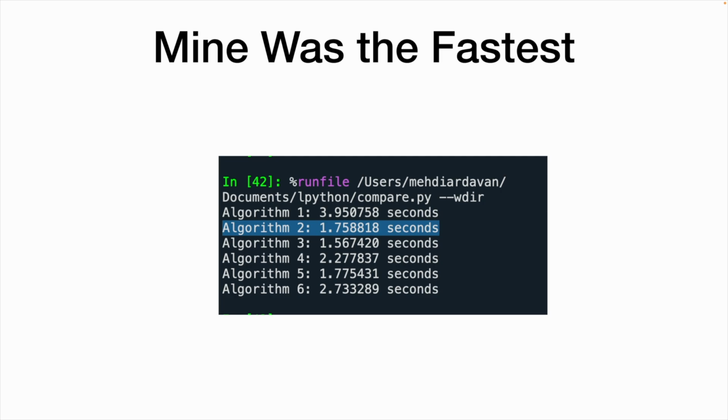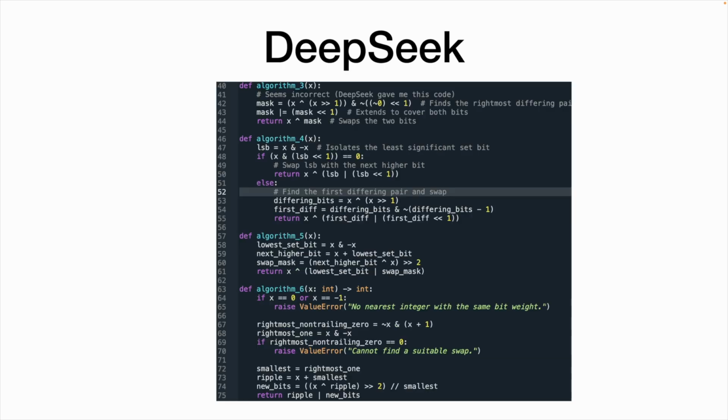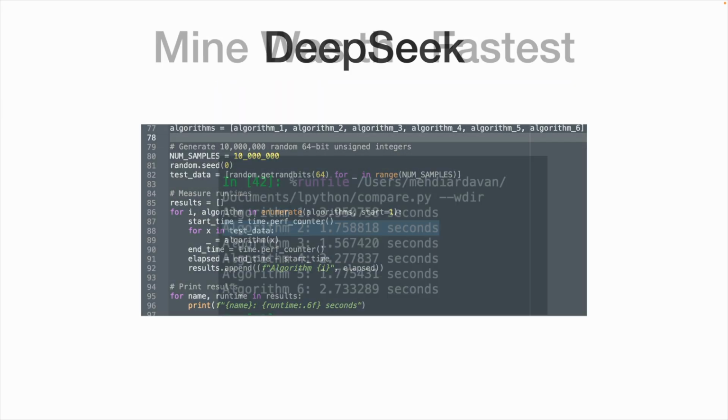So I looked around and couldn't find my algorithm anywhere. If you are working in this field and have seen this algorithm before, please let me know. Although I have to be fair and say that some of the algorithms here look similar. If you look at what algorithm 4 or 5 does, or even 6, bottom line, they are aiming to find the same thing, but still there is a difference in the way algorithm 2 is put together. So if you have seen that before, please let me know.